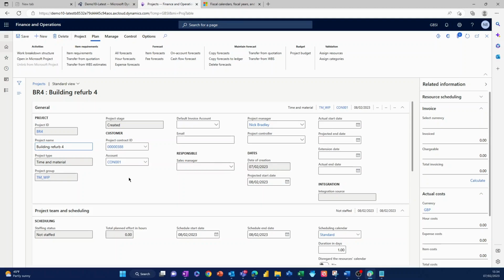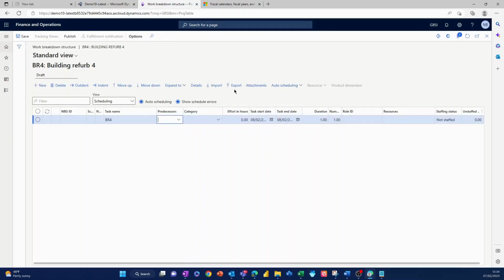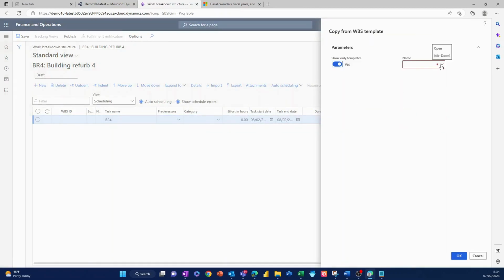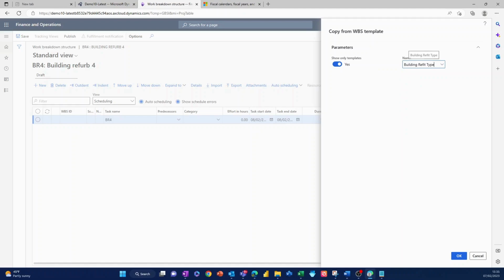So one of the things that we can do to start a project is to use a work breakdown structure. So I'm going to do that now. What we can do is import from a set of templates, which is a quicker way of doing things than just from scratch. I've got a template here called building refit,